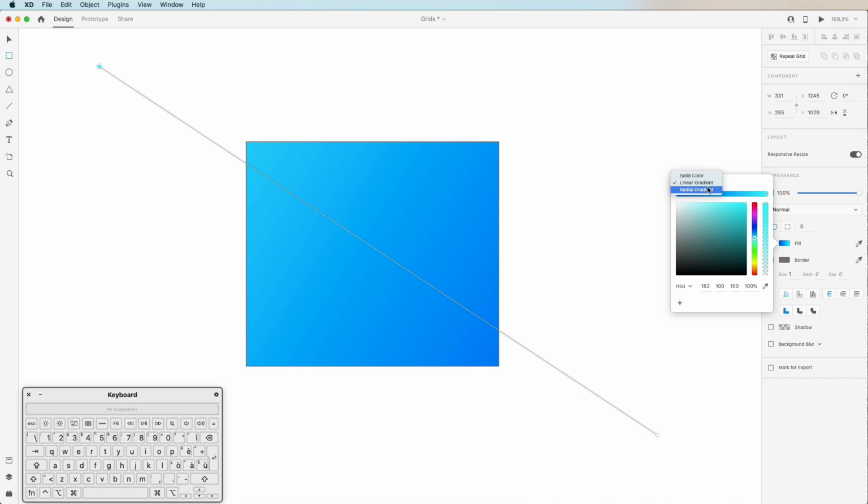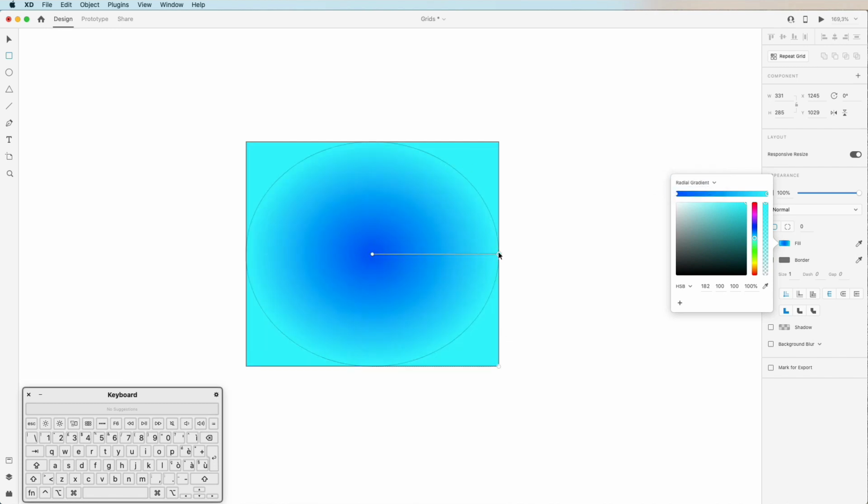You can also use the radial gradient in order to create a radial gradient appearance. And as you can see over here, you can essentially move around the radial gradient and create the form which you desire the most. You can also save a color, and this is going to be referred as the color